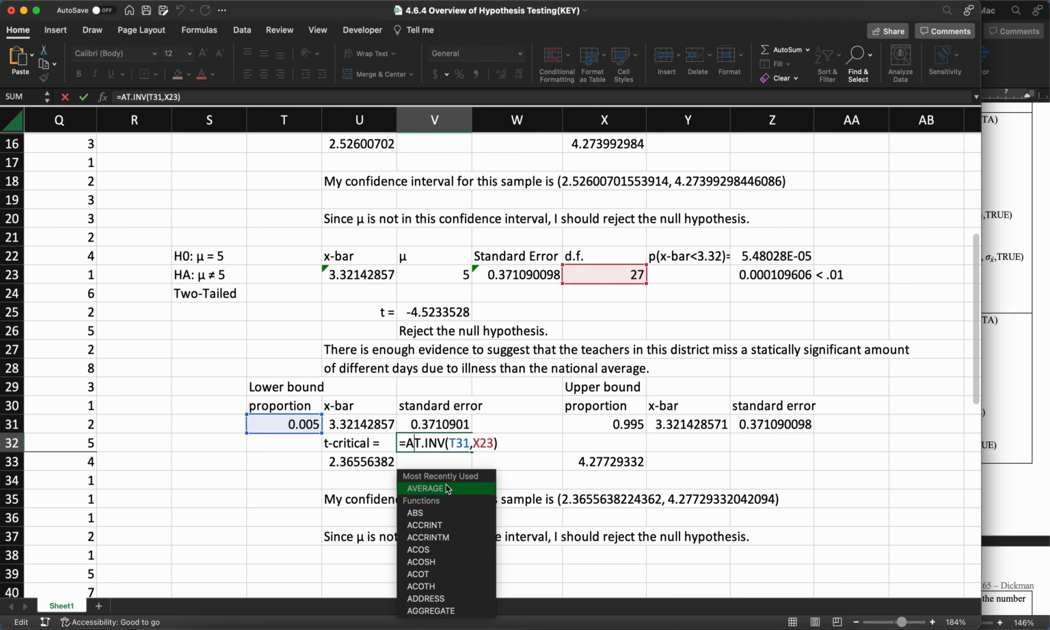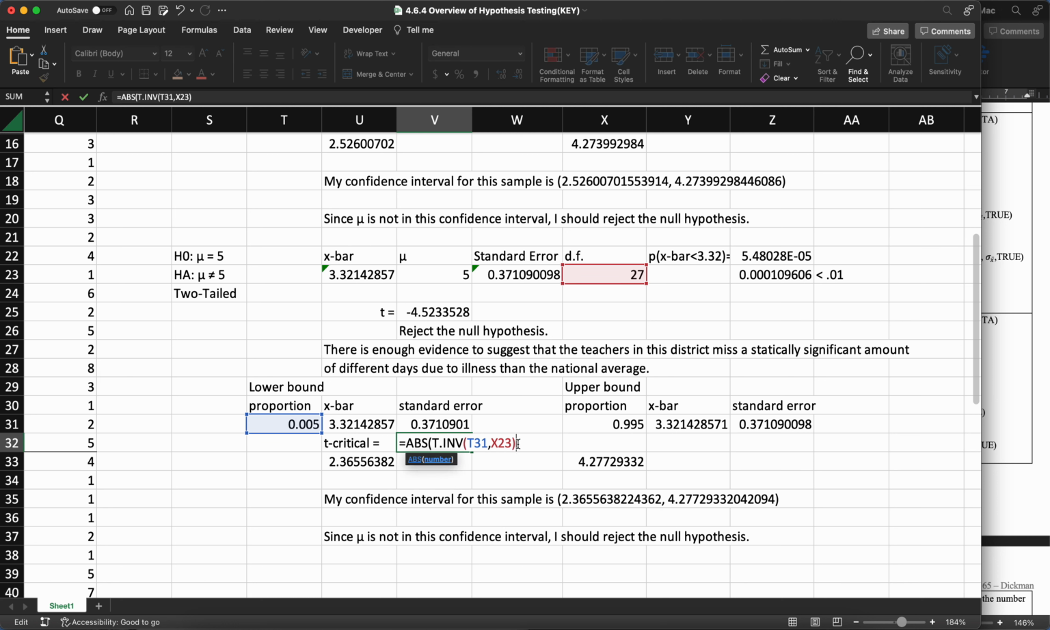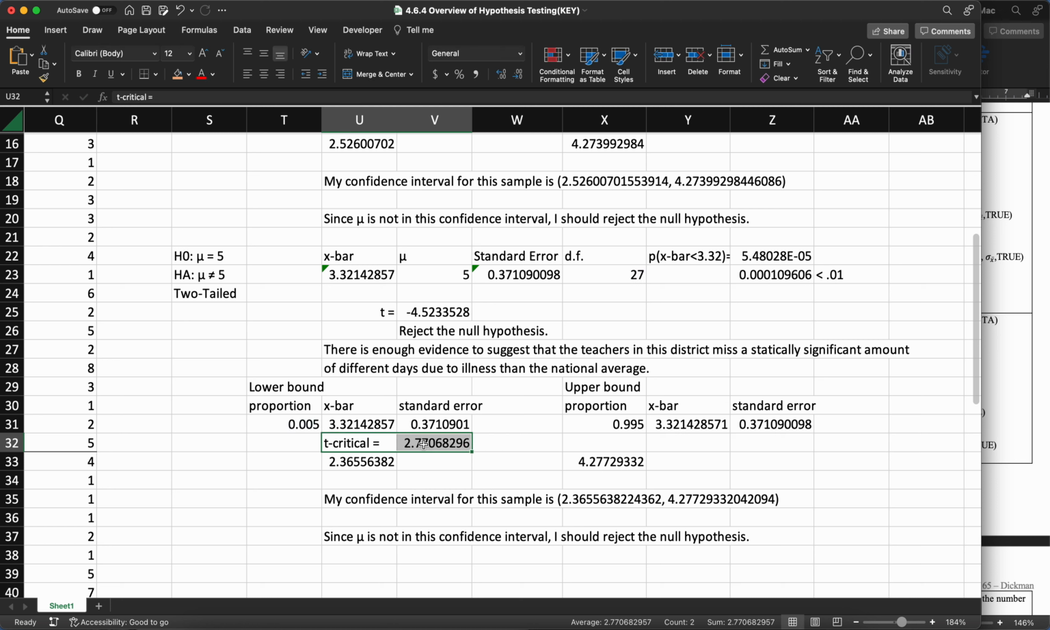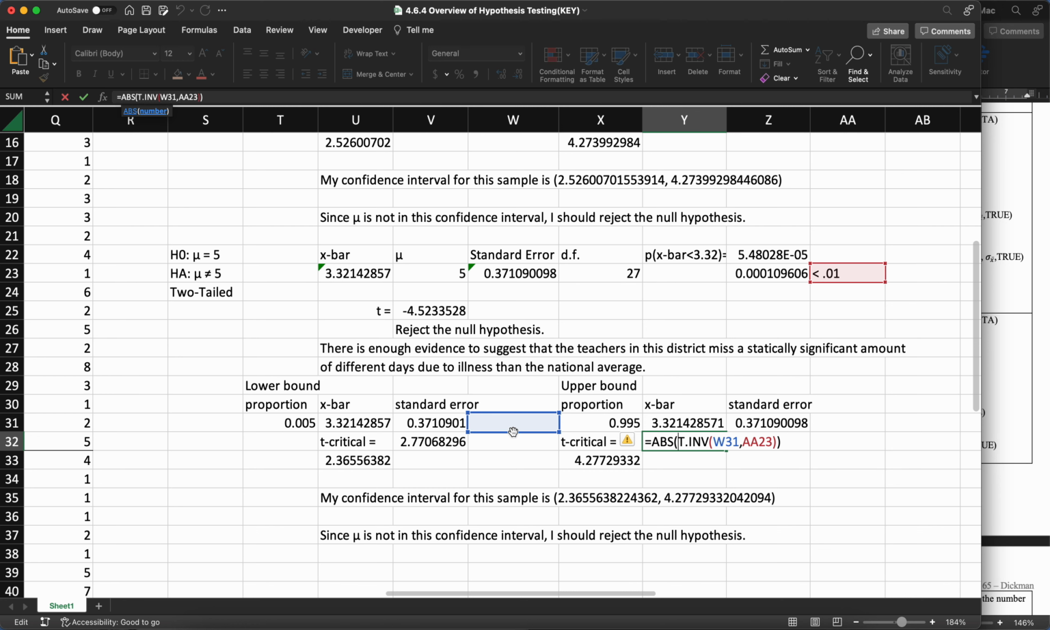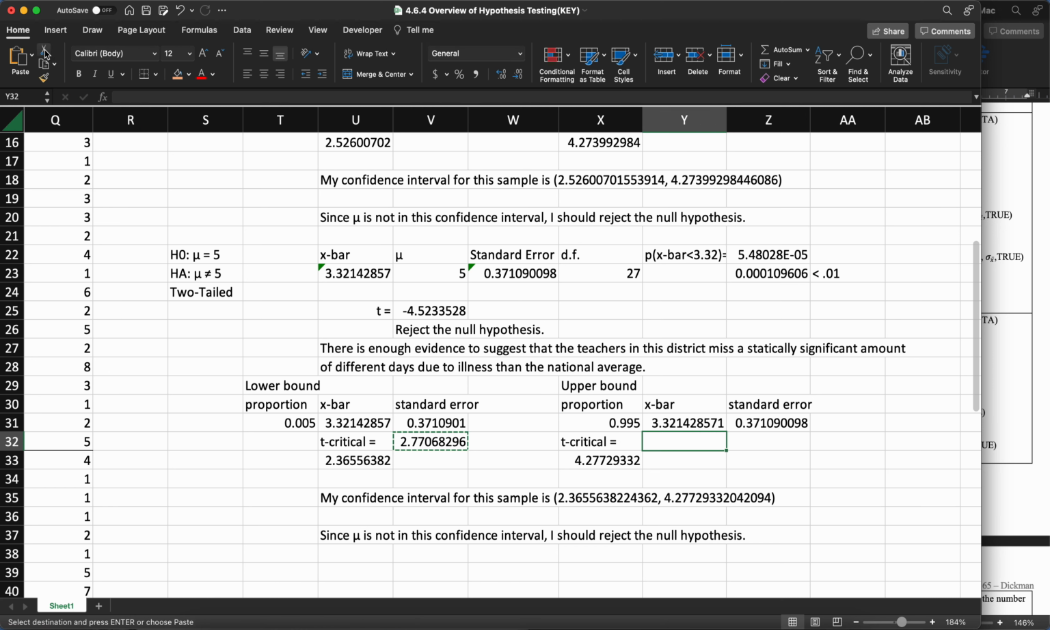I am going to take the absolute value of that. So this is t critical, and this will work over here too. I guess I just wanted to paste the value. Copy, paste value. So that's the same critical value over there. And then to find the lower bound, I'm going to do